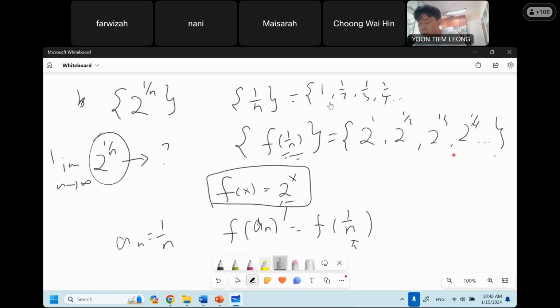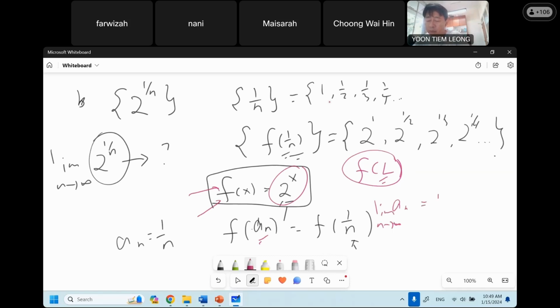Then the third requirement is that the function f is continuous at L. Since f(x) is a function of 2 to the power x, we can be sure that f(x) is continuous at all values of x, including x equals L. What I'm trying to tell you is that this function f(x), defined as 2 to the power x, is continuous at L, and it is defined for all a_n, and at the same time we also know the limit of a_n